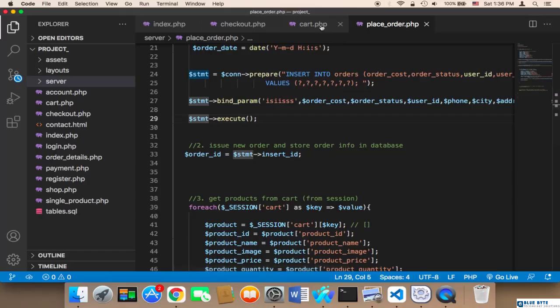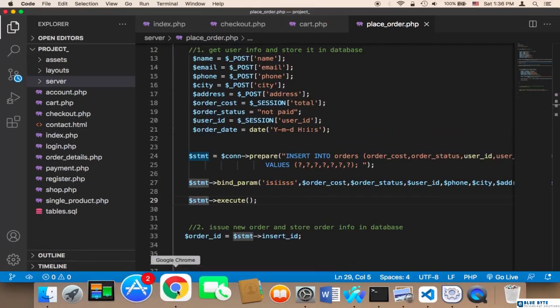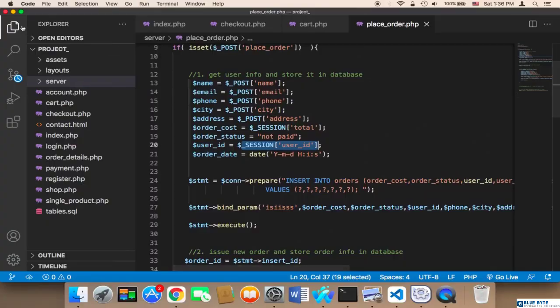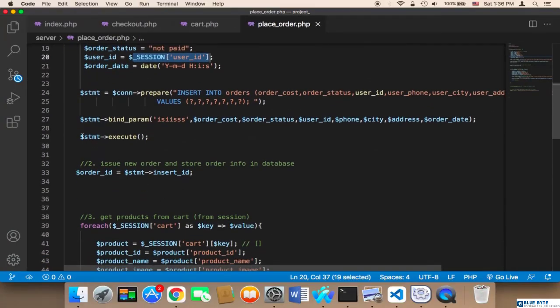The third thing that we need to do is that if the user is not logged in, they shouldn't be able to place an order. So let me fix all of these things. The first thing that I'm going to do is that here I'm going to add an if statement. I'm going to say if execute is false,